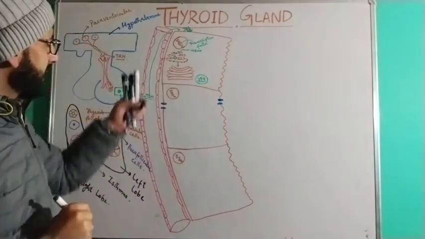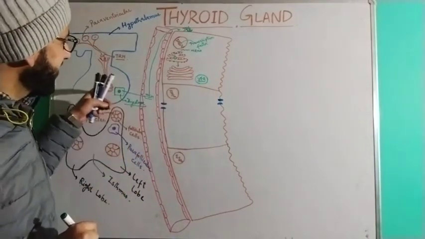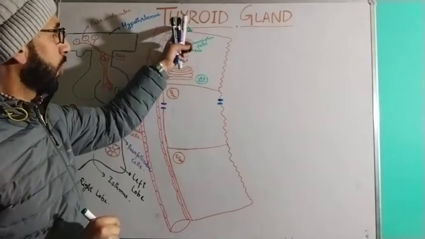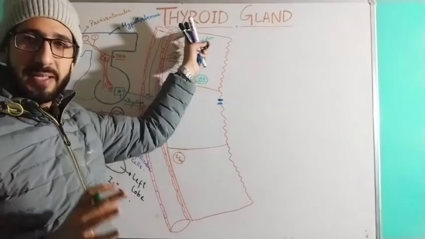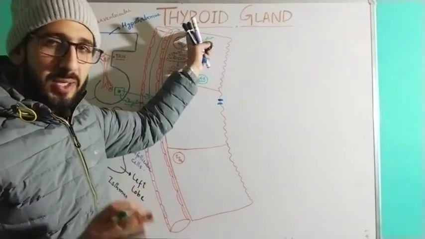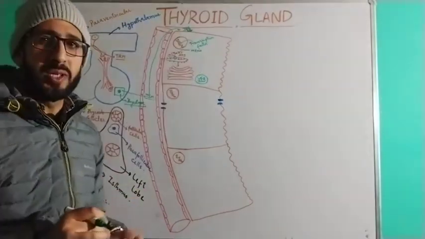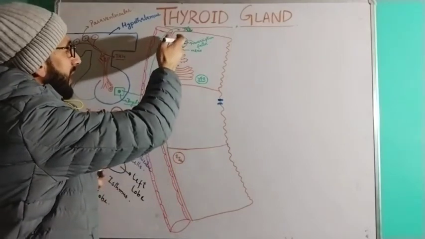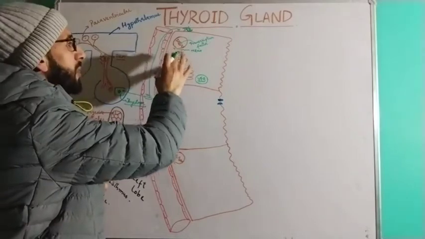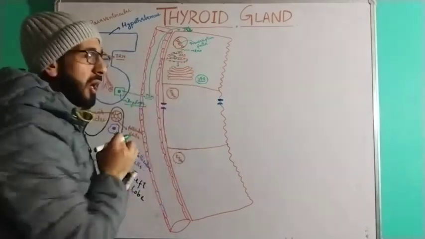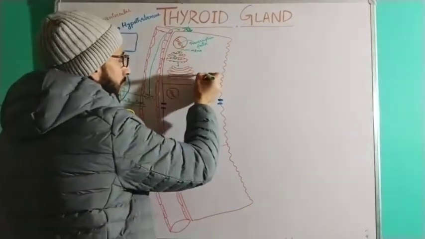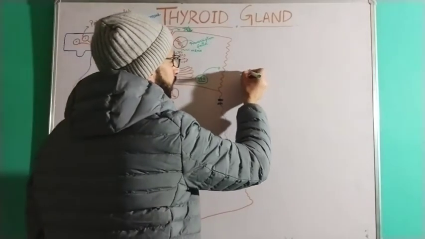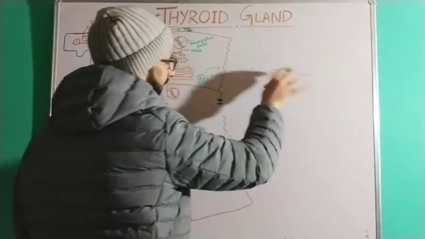One more time. This thyroid stimulating hormone is secreted by the thyrotrope of the anterior pituitary, and it goes and binds on the receptor. That receptor is present on the follicular cell, so it activates this follicular cell, and this follicular cell is involved in the formation of a protein. Now that protein is called thyroglobulin. By the process of exocytosis, that thyroglobulin will be secreted out into the lumen